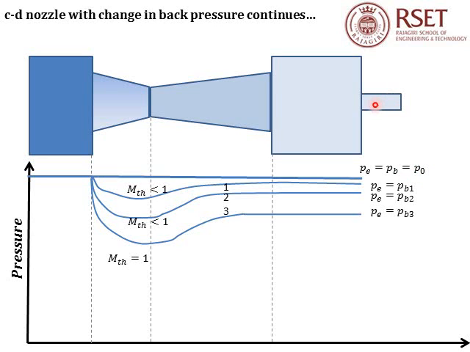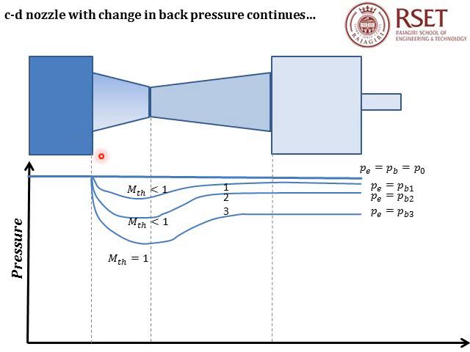As we open the valve, the pressure inside the settling chamber reduces. Hence, we set a back pressure value which is less than the stagnation pressure of the fluid. Let's say the value is PB1. Because of this, the fluid starts flowing from the reservoir into the settling chamber through the CD duct.